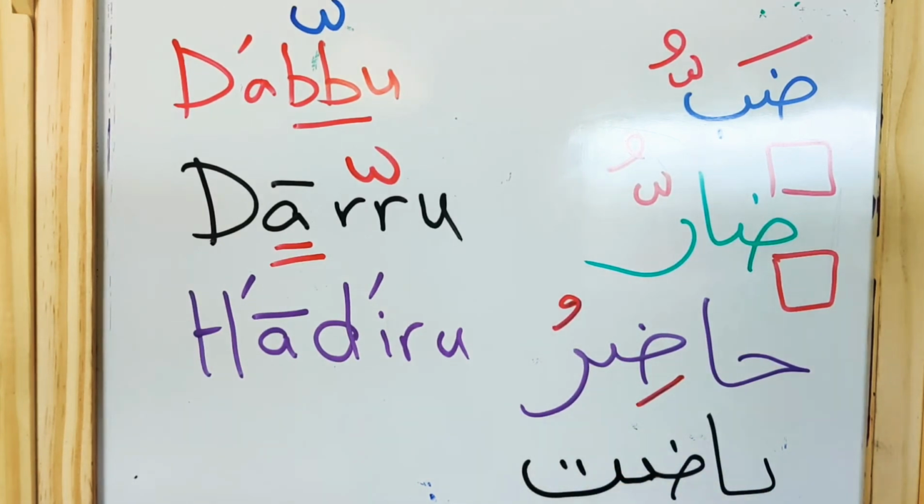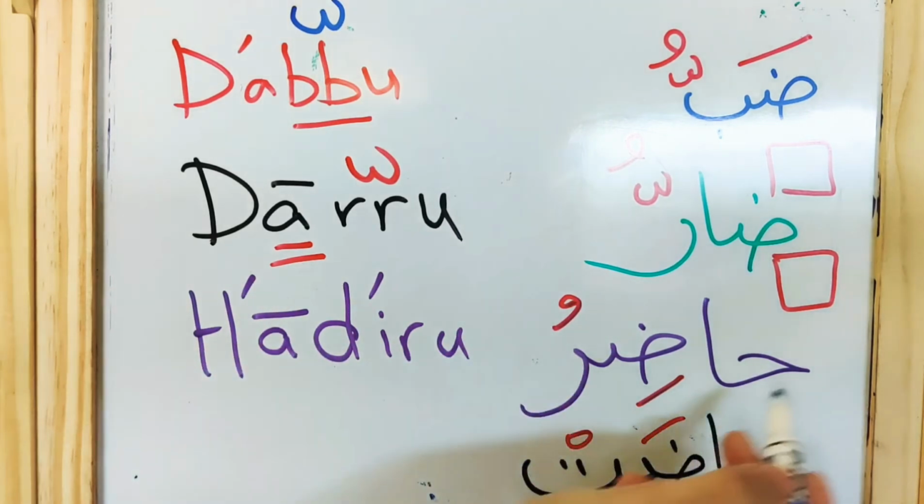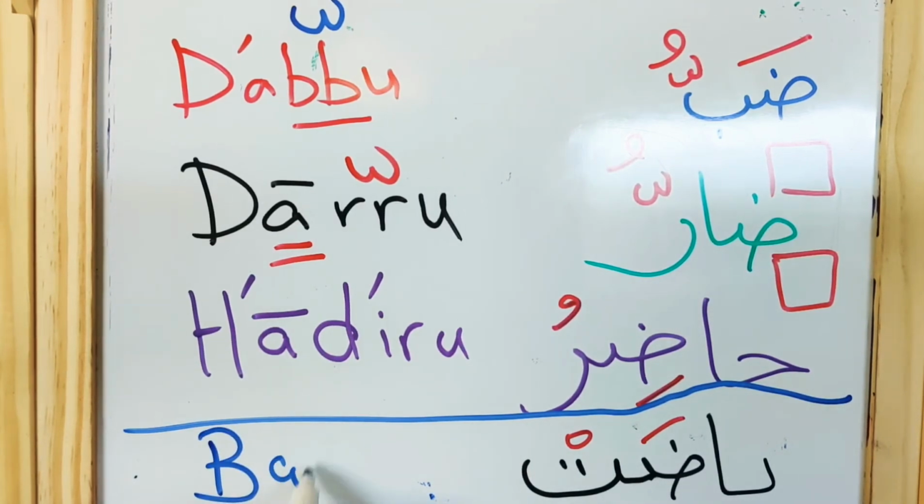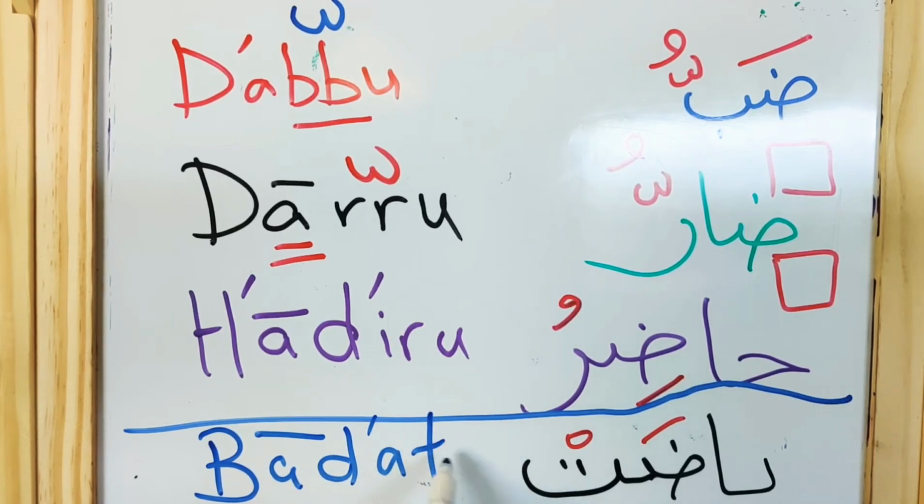The fourth example for today is going to be badat. It's a ba. You can't see the dot. There's a dot there. You can't see it, but it's there, because of the camera angle. Ba with mad bil alif ba, hence the dash on top of the A. And then the apostrophe is the dha. And then with the fatha dha, with a T,